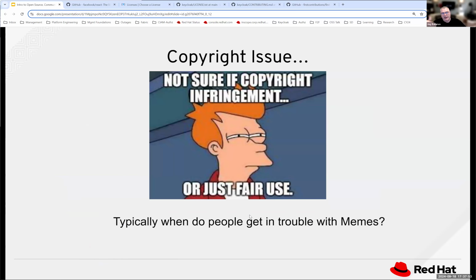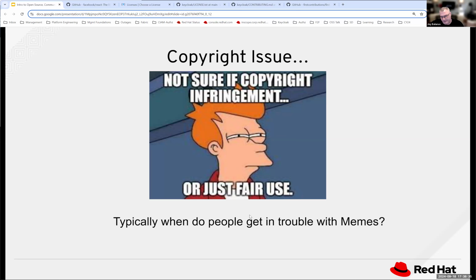But let's walk back a little bit, right? At the heart of open source is the concept of copyright. Every time you write something or you create an image or a TV show or whatever it is, individually or as a company, you are creating material that is copyrighted. So if you write code and you put it up online, you own the copyright to that software code that you put up there. And sometimes, if we take the software part out of it, sometimes people get in trouble when they take some images or things like that from